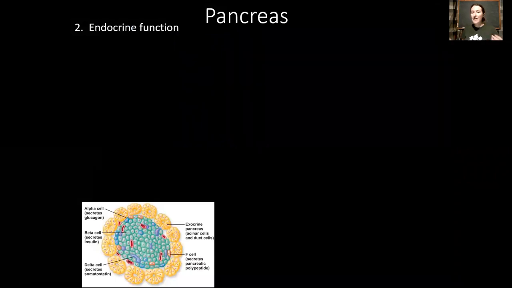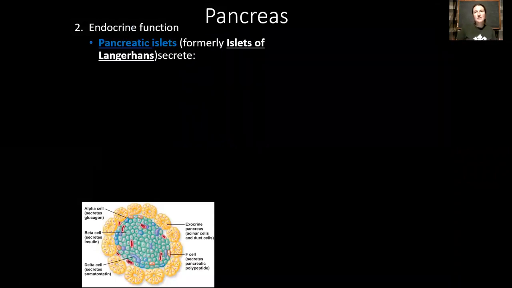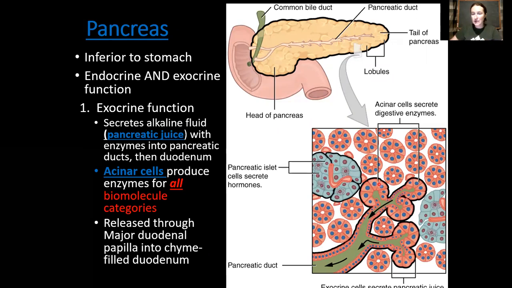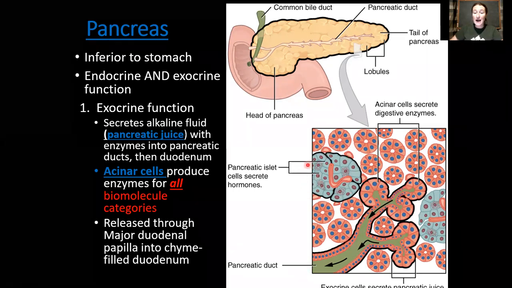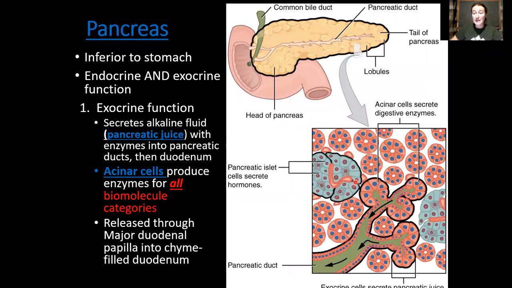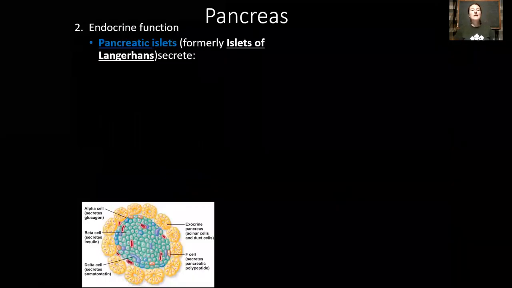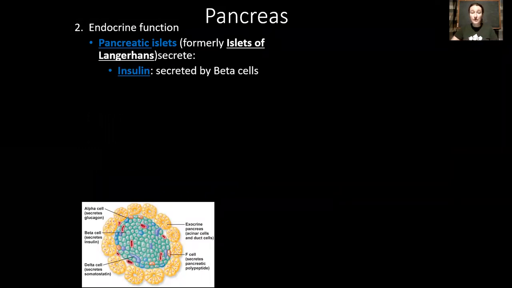The endocrine function. The pancreas also produces several types of hormones, and these are going to be produced by a different type of cell within the pancreas. Here we can see the acinar cells depositing their juices into the small intestine. Here we can see a pancreatic islet. It does not have a duct associated with it, but it does have a blood vessel associated with it. And so that should indicate to us that these pancreatic islets, or islets of Langerhans, are endocrine in function.